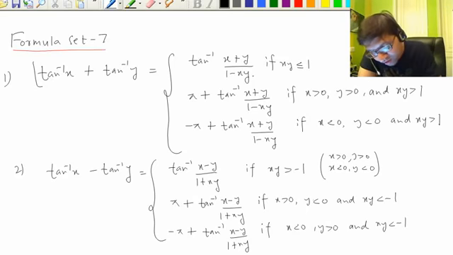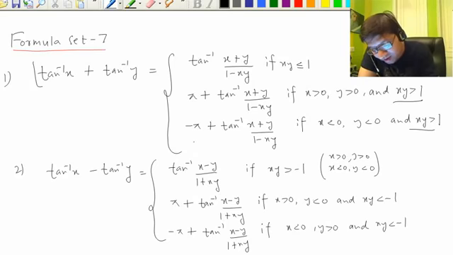So it's based on the value of xy. If xy is less than 1, whatever x and y are, whether positive, negative, which one is greater, which one is lesser, xy less than 1 is the pure formula. But if xy is greater than 1, the second and third are the two cases. This is when both are positive, this is when both are negative, right?